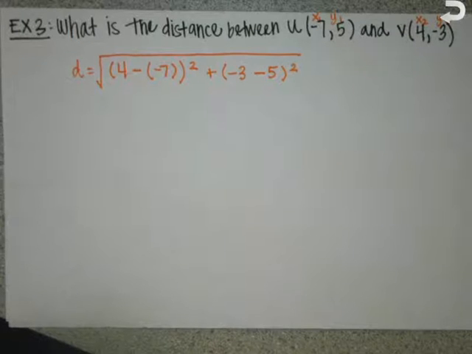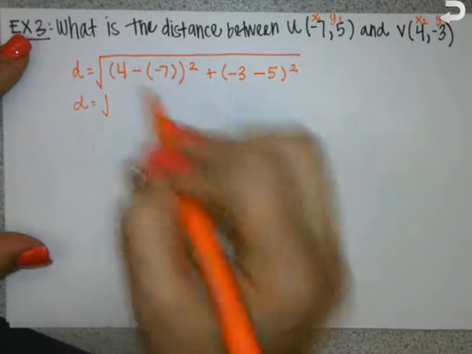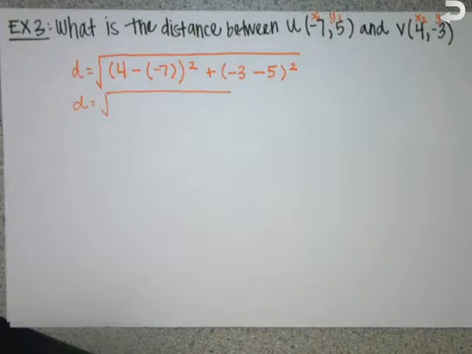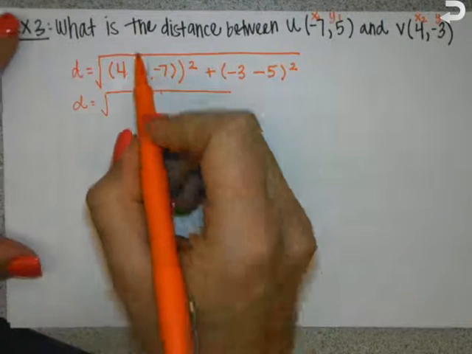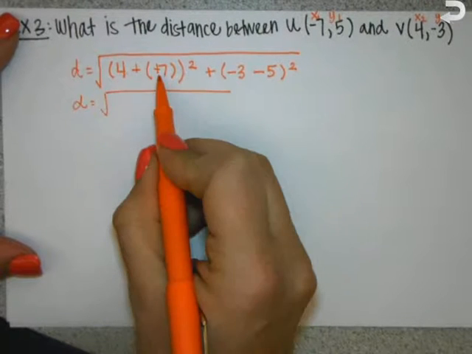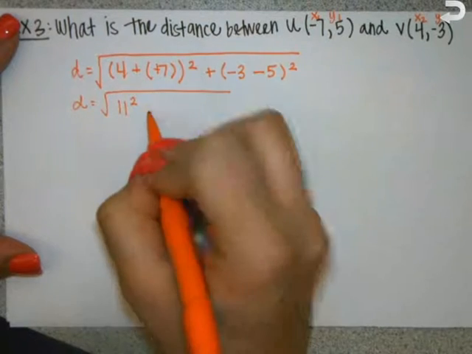Now, we have to evaluate the inside before we can take the square root. That's our very last step. Sometimes it does take some work. So big square root again. Guys, what happens when I'm subtracting a negative? Come on, positive. So 4 plus 7 gives me 11 squared. So that made 2 wrong, so you make it right. Plus